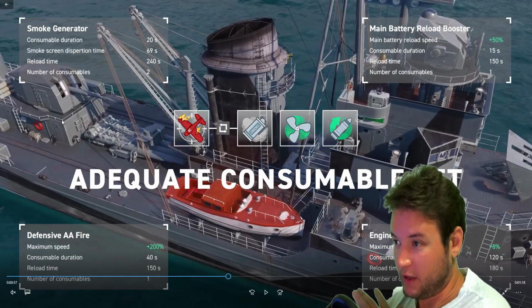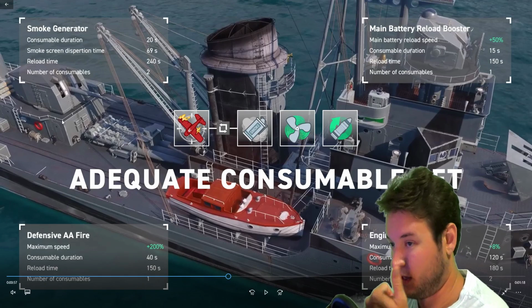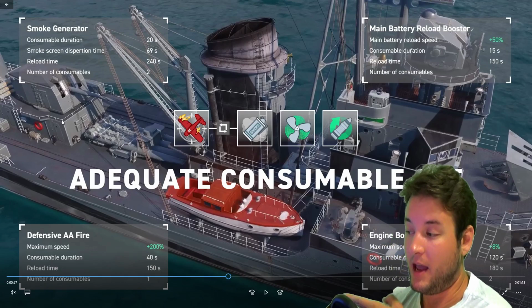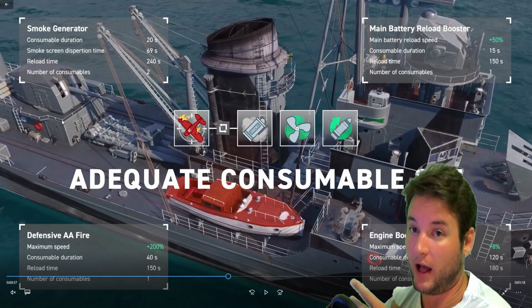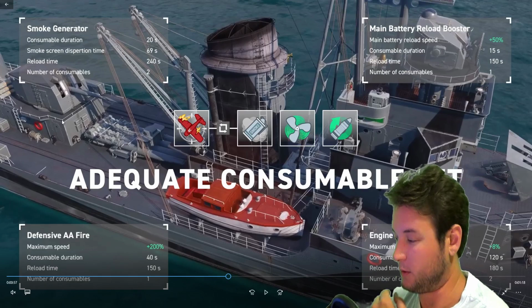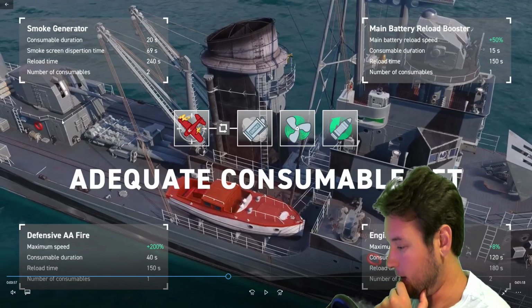The only thing that's going to stop me is if you have hellacious AA like an Akizuki or a Fletcher. Maybe this thing has really good AA. We'll have to see when it gets implemented and we go up against it. It might have hellacious AA. We'll see how many planes we shoot down when we're inside of it. But